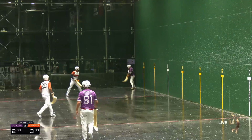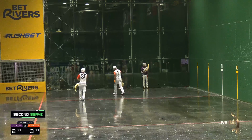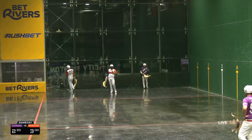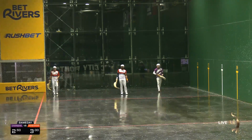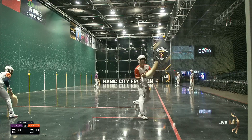Powerful serve by Goixerri. That is an over serve. First fault, second serve must be good. That may be the best catch on an over serve we've ever seen. I mean, no look up above his head. Second serve for Goixerri. That's why I think Benny said, "Can we play it anyway? Swallow the whistle there? Can we just keep going?" An over serve is an over serve. First fault, second serve must be good. Man,